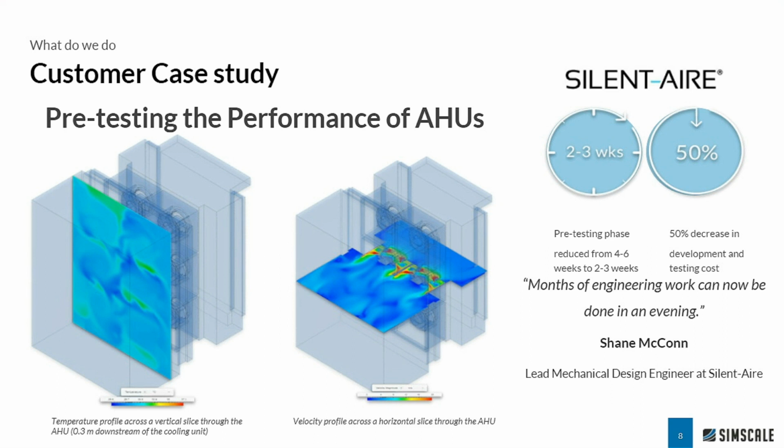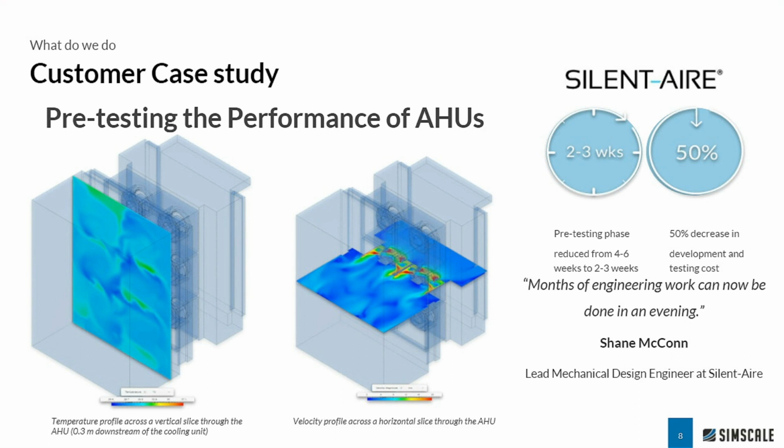Because in this case, a part of the airflow was diverted and bypassing in an evaporative cooling system within the unit itself, it was critical to ensure that the airflow outside of the unit was pretty well mixed. An analysis was set up to match a real factory witness test with the first prototype that had 24 temperature sensors installed. With SimScale, it was possible for them to validate that this air handling unit performance was good enough and give them the confidence that they can start building the actual 320 units that were required